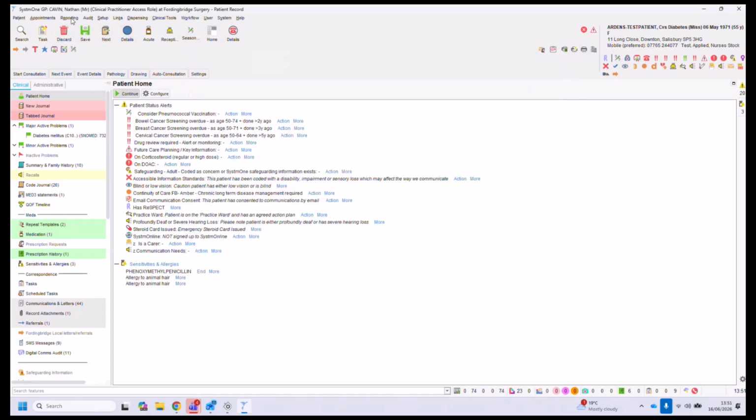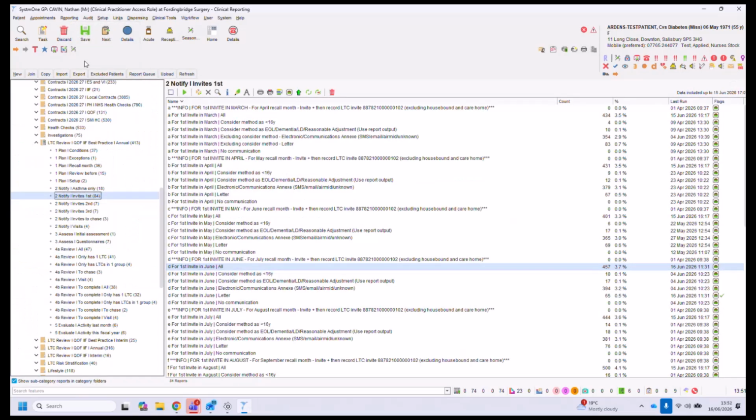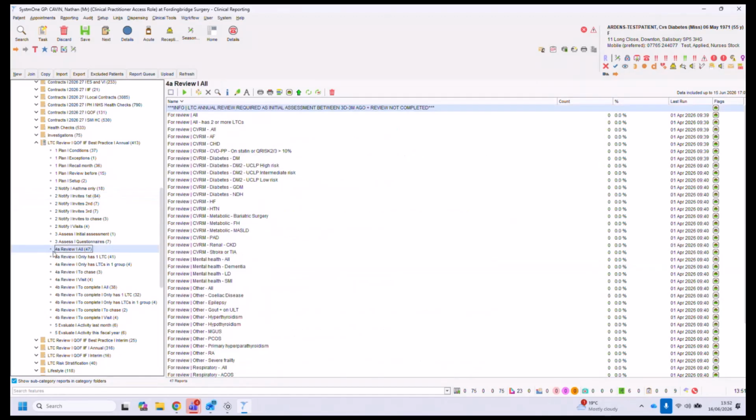So I appreciate it's 10 minutes. So if I go back to reporting and clinical reporting, if we go back to our LTC folder, in here, we've got the review section. See, it says for a review all. Now, that report at the top says all is essentially saying all of these patients, and it tells you here, look, LTC annual review required as initial assessment between 3 days and up to 3 months ago, but the review's not being completed. That report is basically everyone that was seen by the HCA, ticked a couple of days later,